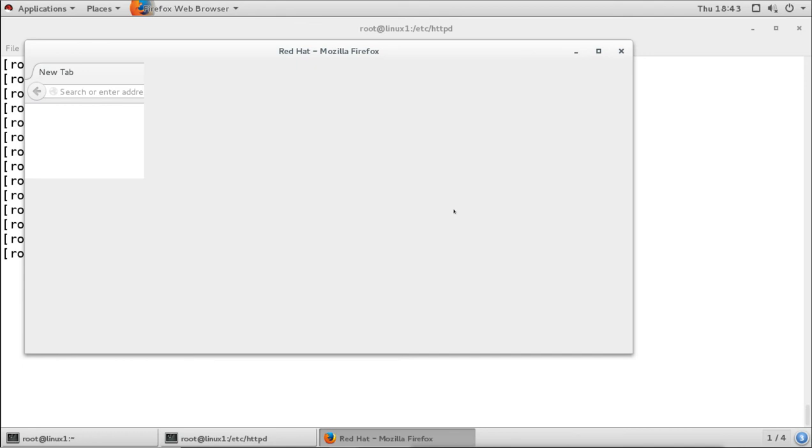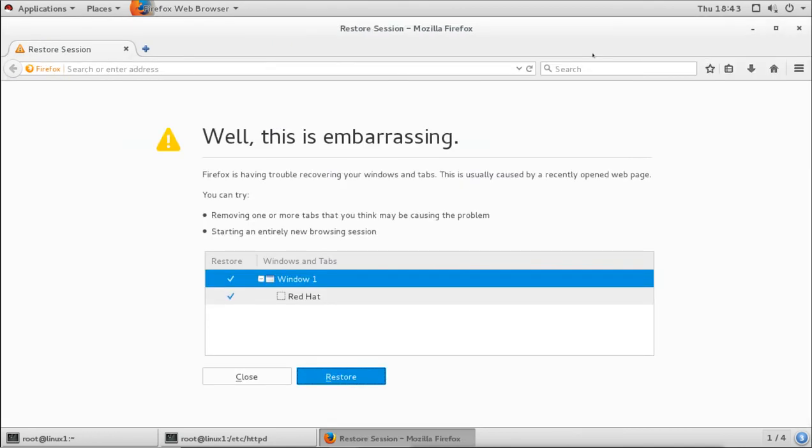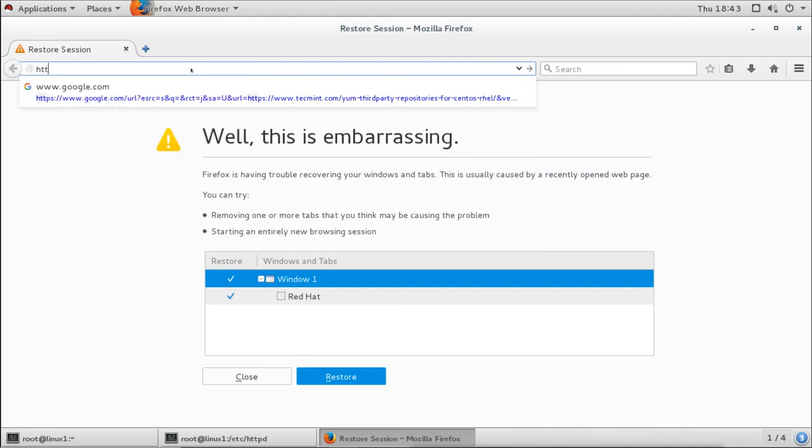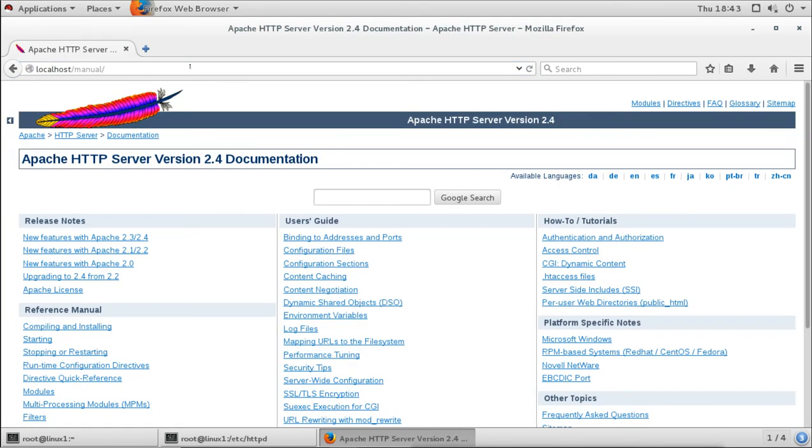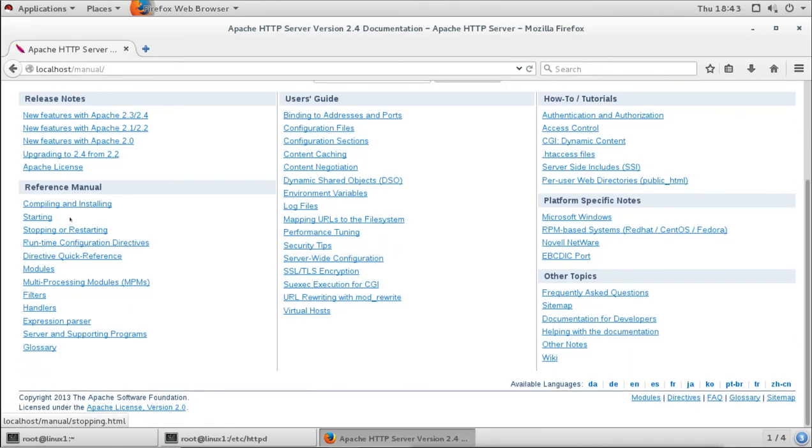Locally you go to the browser and type http://localhost/manual and open this manual directory. It is actually a manual page where you can see the whole information of your web server and what you can configure.